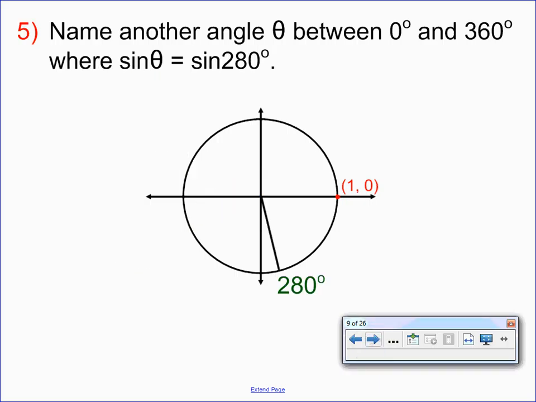Let's try another. This time, though, let's do a sine question. Name another angle between 0 and 360 where the sine of theta is equivalent to sine of 280. So 280 is down here. Its directed vertical displacement would be the sine value. Well, where else would that happen? Well, that would also happen at this point. And so it looks like if I could figure out the degree measure of that point,